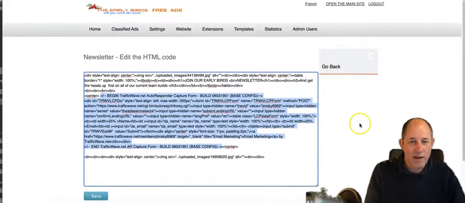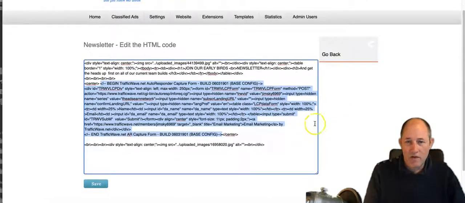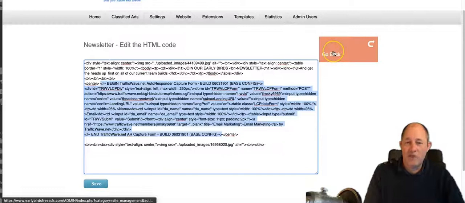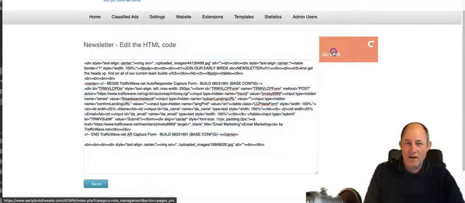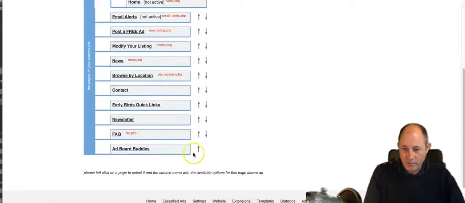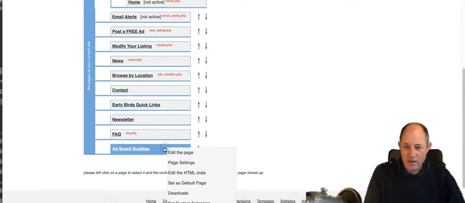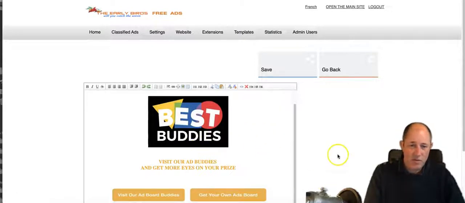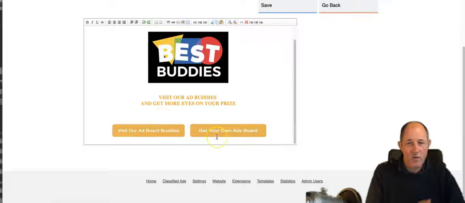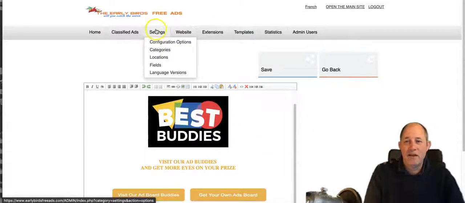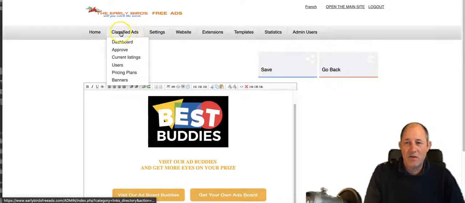I think most people will get what I'm on about. Okay, so as far as coding goes, you don't have to be a genius. And again, if you get stuck, we'll help you. Adboard Buddies, I would recommend not touching it because we're going to have a standard for all of Adboard Buddies. I wouldn't touch it. One thing I will say, as far as the settings, if you go to classified ads,